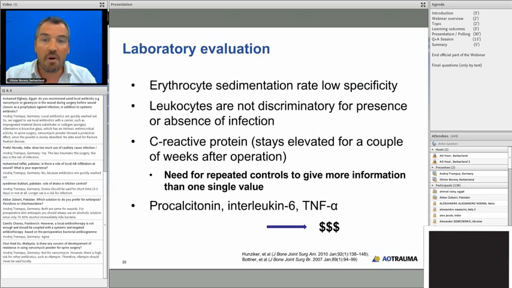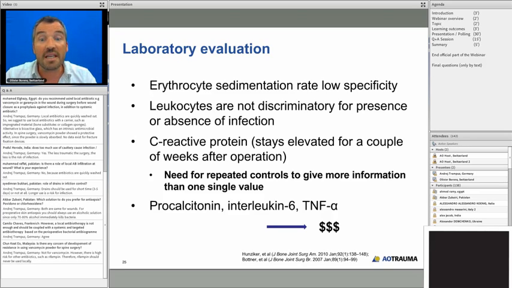What about the laboratory evaluation? Sedimentation rate has unfortunately a low specificity, so normally we cannot really rely on the sedimentation rate. Leukocytes as well are not very discriminatory for the presence or absence of infection, and unfortunately we cannot really rely on this. The best way of looking at whether there is an infection, if we only want to use laboratory evaluation,